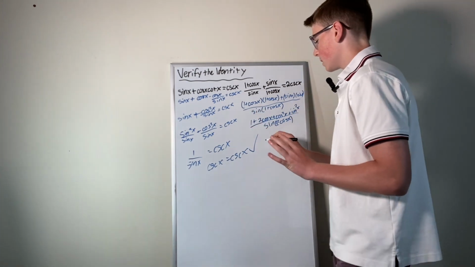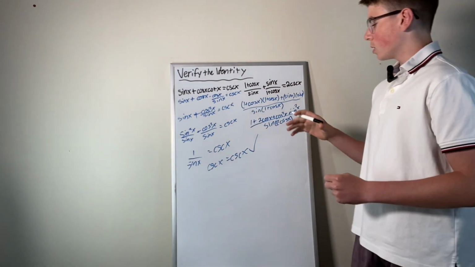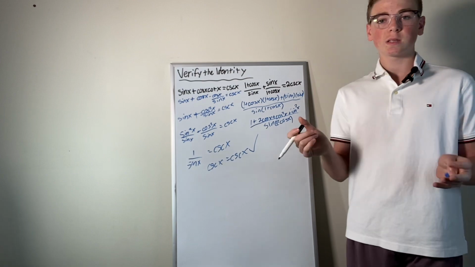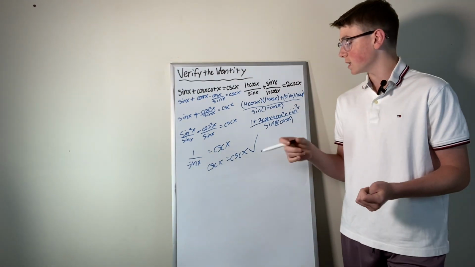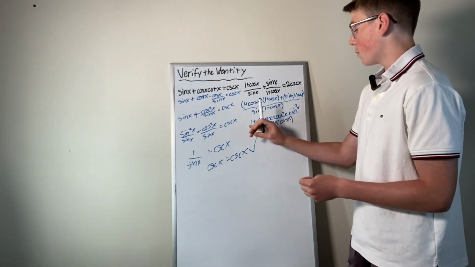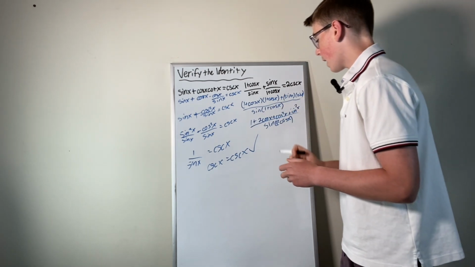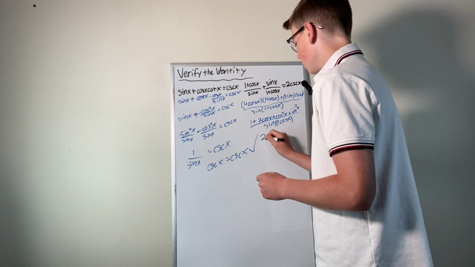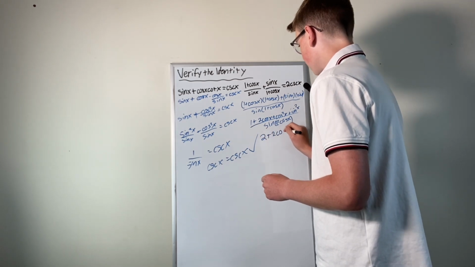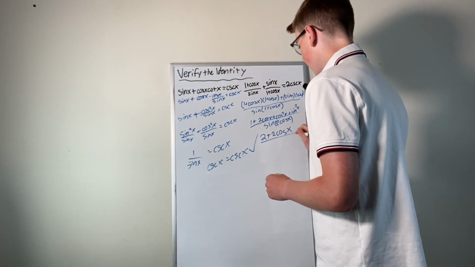That got really messy there. So we know cosine squared x plus sine squared x is the Pythagorean identity, so that is equal to 1. So we have 1 plus 1 plus 2 cosine x, so 2 plus 2 cosine x divided by